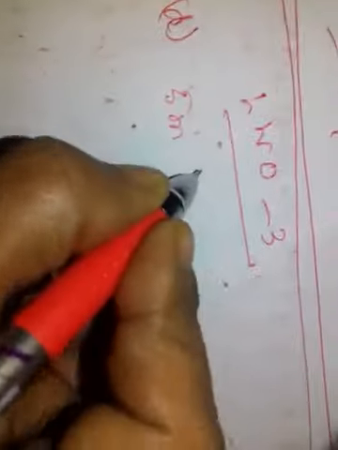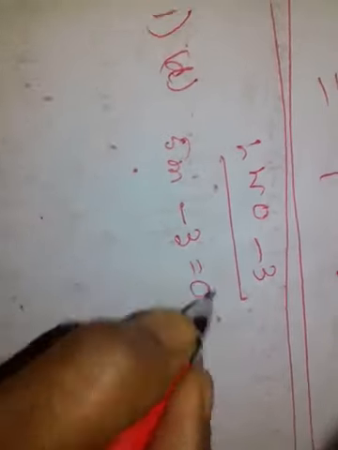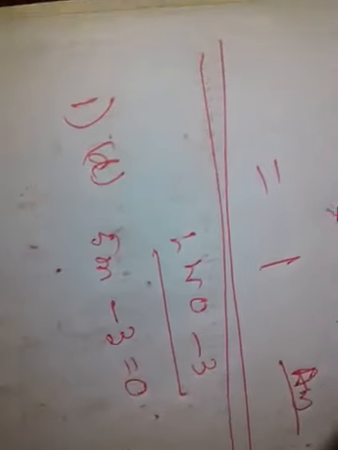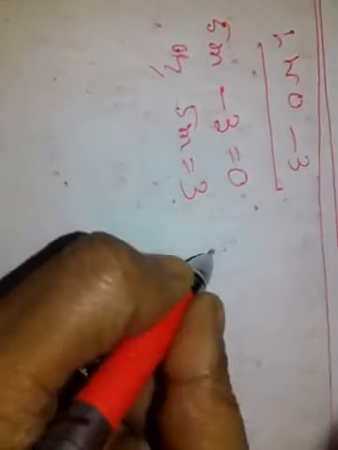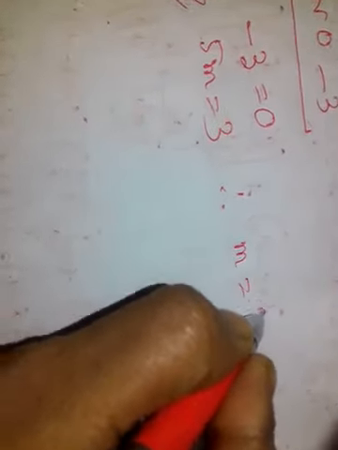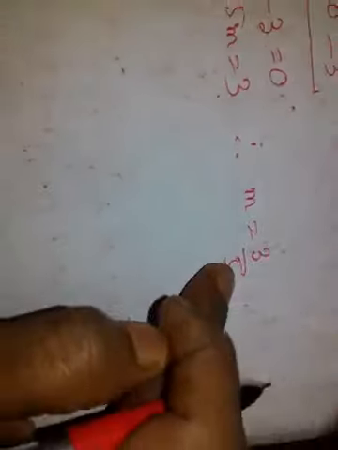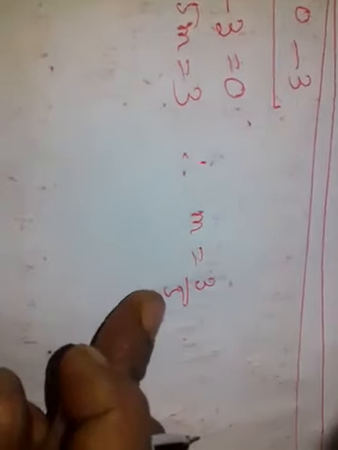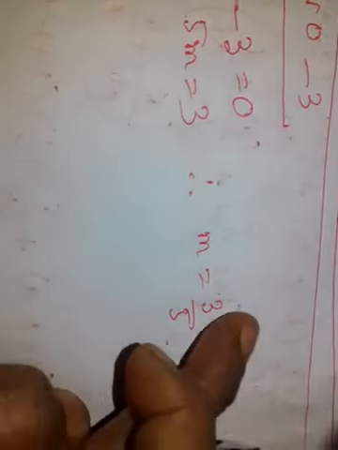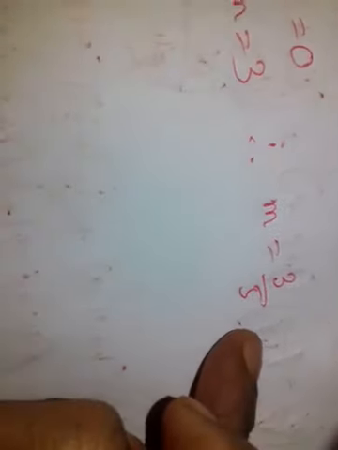Solve the following equation and express the roots in the form p by q. 5m minus 3 is equal to 0. Root means m. Find the value of m, or 5m is equal to 3. Therefore, m is equal to 3 by 5. 3 by 5 is in the form of p by q, where q not equal to 0, that is 5 not equal to 0, and both p and q, that is 3 and 5, are integers. So this is the answer.